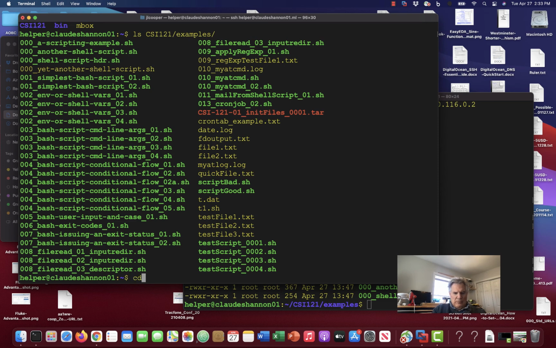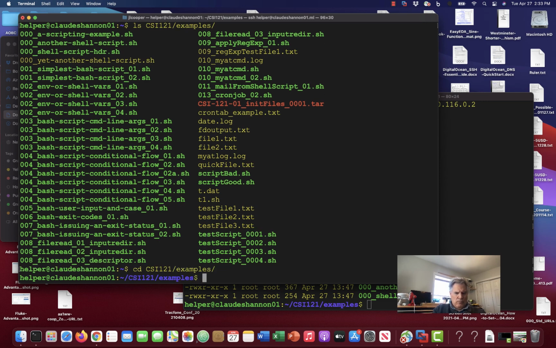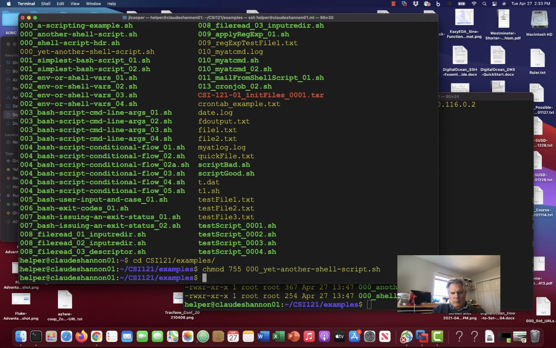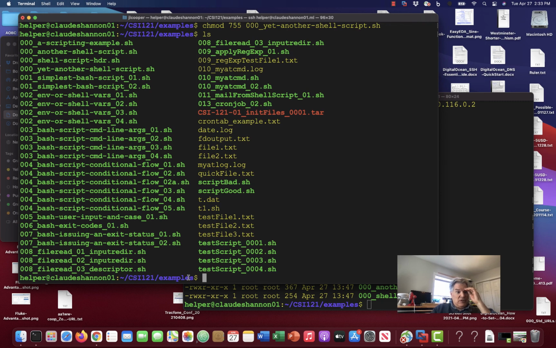If I'm going to do that, maybe I should just go to the directory where I'm at. Okay. And now I'm going to change the mode of that file to 755. There we go. And if we do a directory listing again, we now see it's listed in green